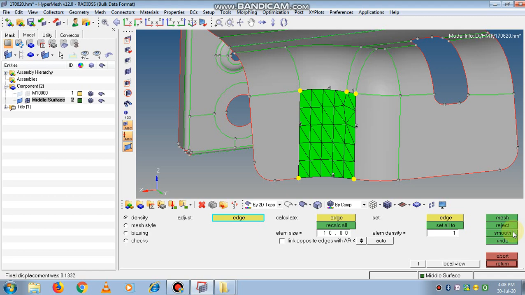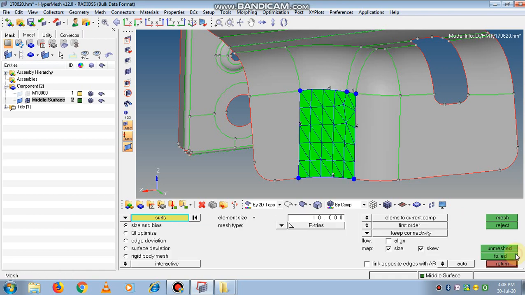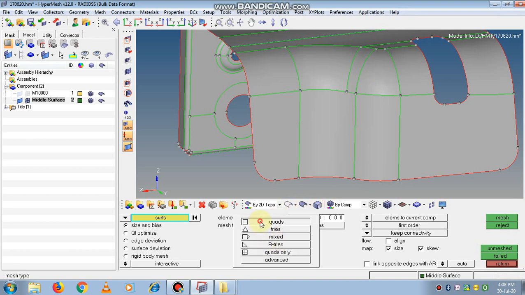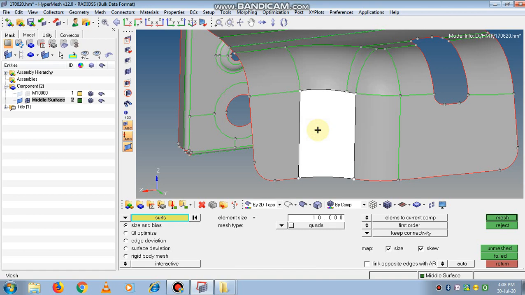You can click on this smooth button, so the proper mesh lines will be generated and there is a proper smoothness between the different rows. So this is always a good option to achieve a good quality of mesh. If you click on abort, then the mesh type will not get saved. Now again in this mesh type we will see what exactly are the skin elements, and what is the change in view we are getting.